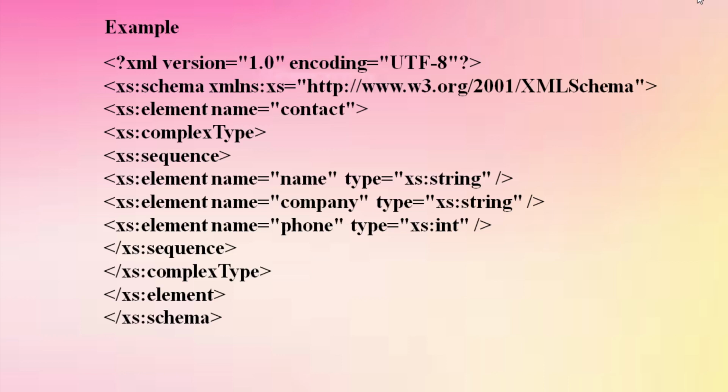XML schema supports data types. It is easier to describe the document content, to define the restrictions on data. It is easier to validate the correctness of data. It is easier to convert the data between the data types. The basic idea behind XML schema is describing the format that an XML document can take.